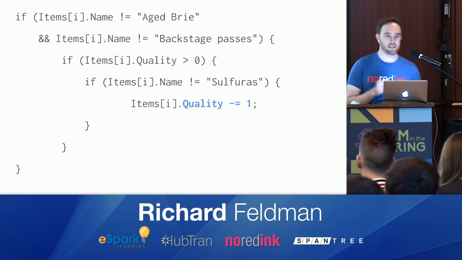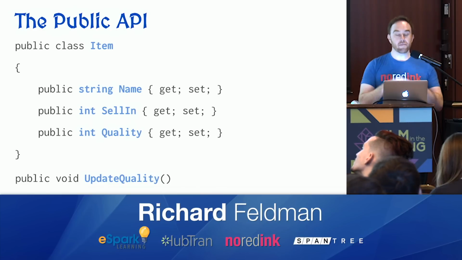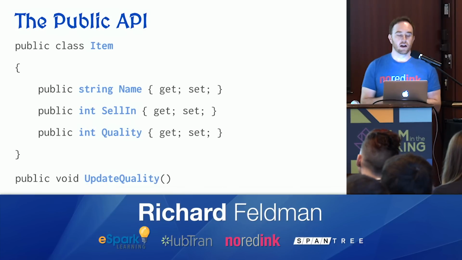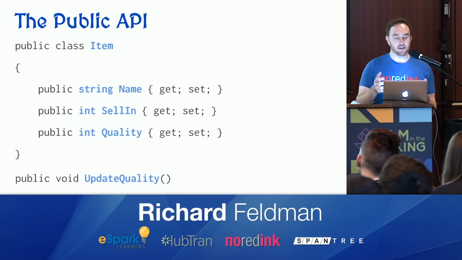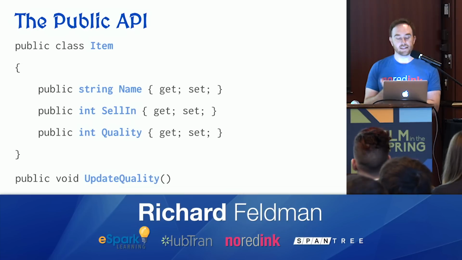This is the existing code base that we're coming in and trying to modify. So to sum up, this is the public API in C# terms, so later on we're going to translate this to Elm terms. But conceptually what they've got here is items. When you want to create an item, you specify the name as a string, the sell-in value, which is an int, the number of days that you have to sell it in, and the quality as an int,